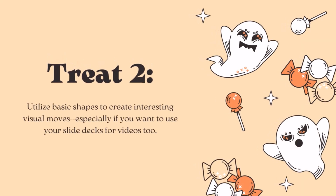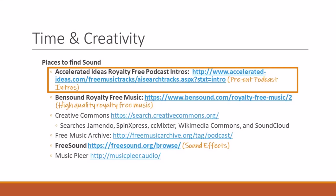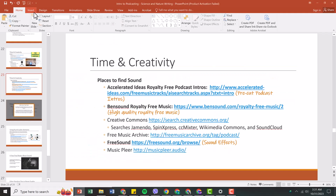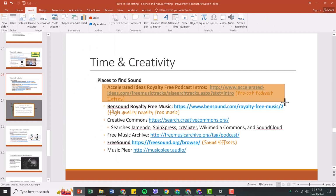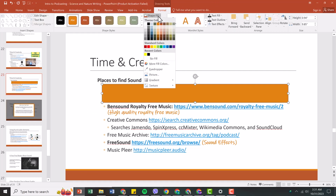Treat number 2. Another visual treat hiding in PowerPoint is the ability to manipulate shapes to make interesting visual moves. One simple and common one that I like to make is drawing a colored box around important information that I want my audience to focus on. You'll just insert a rectangle, remove the fill color, and change the color and thickness of the border to your